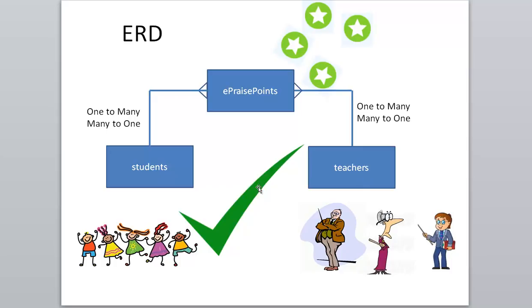students and teachers. And if you do it this way round, and you can read the diagram correctly, again you should be able to read each join both ways. So let's try this. Each student can have 0, 1 or more ePraise points. Each ePraise point is for one and one only student, and that makes sense to me. On this side of the diagram, each teacher can award one or more ePraise points. Each ePraise point has been awarded by one and one only teacher, and if you implement that, that's a successful